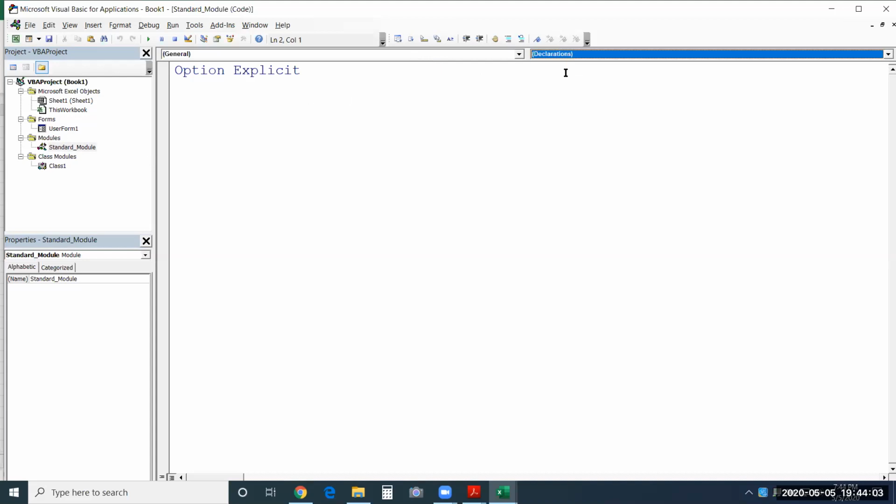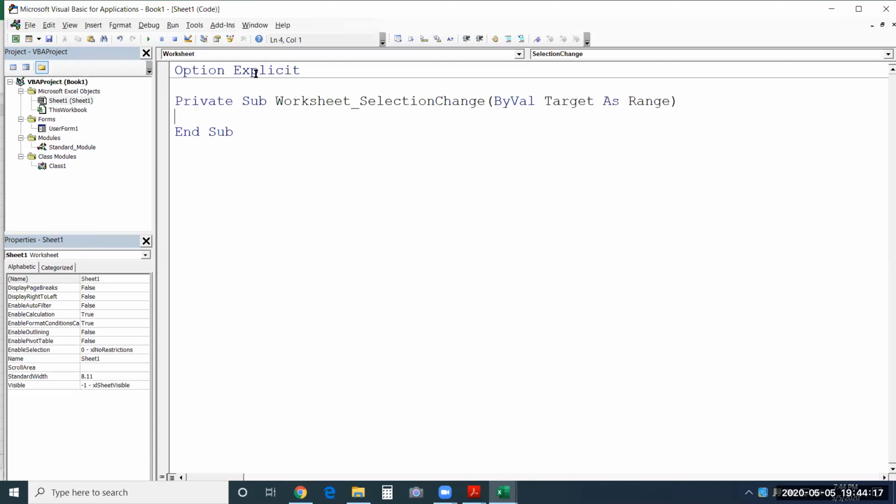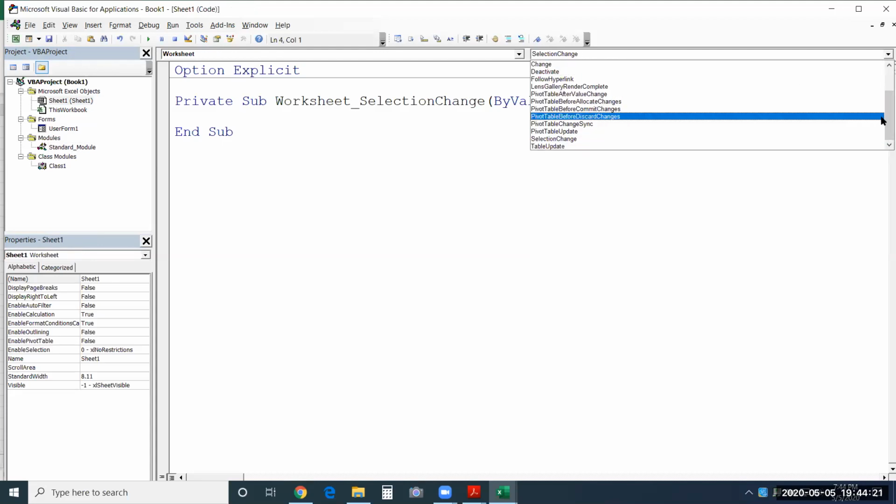But let me double click on sheet module. Now you can see Sheet1 in the title bar. Let me take this object drop down again. Worksheet is the object here. I'll choose it, and these are the events we have related to this worksheet. These are the list of events for which we can write a macro.